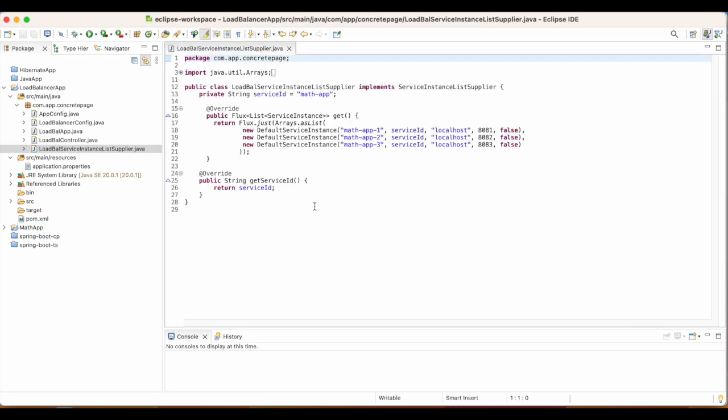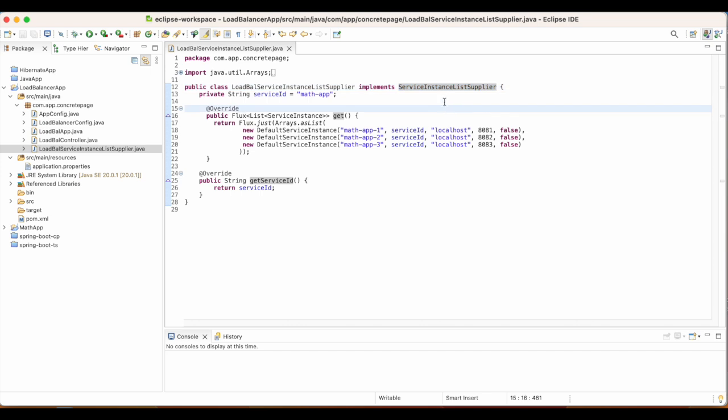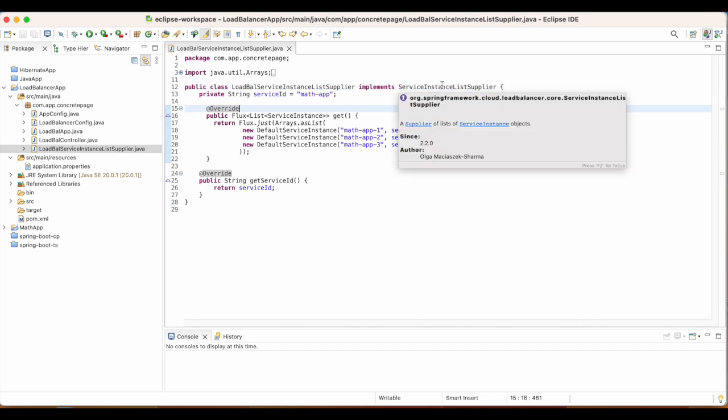So what we have to do is create a class and implement ServiceInstanceListSupplier. This is the supplier for service instances.